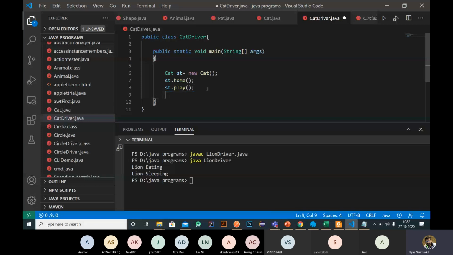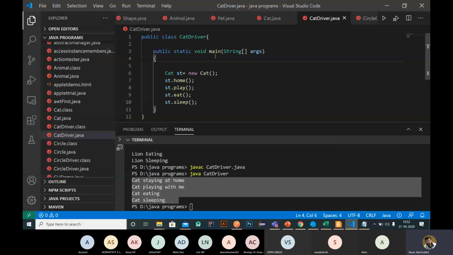Okay. So now we can check by running this program, javac CatDriver.java. It is compiled, then java CatDriver. So we will get the output as cat staying at home, cat playing with me, cat eating, and cat sleep, right? So this is how we implement multiple inheritance in Java.